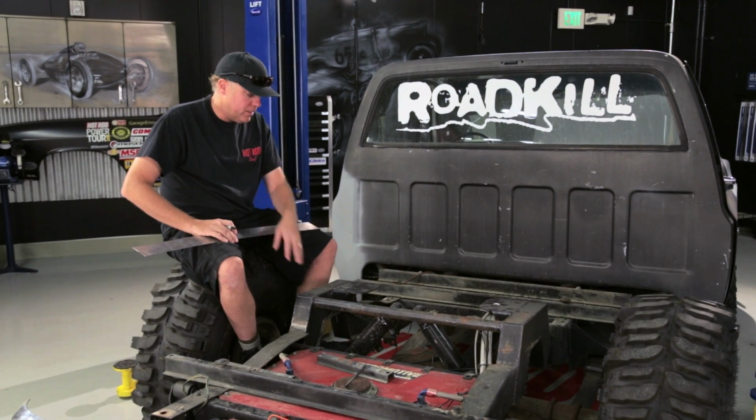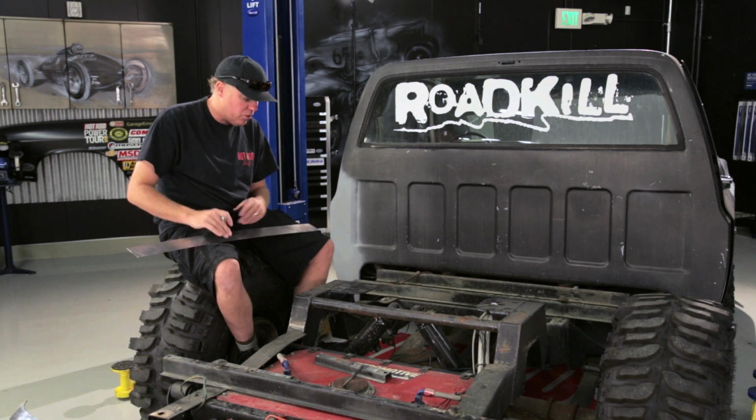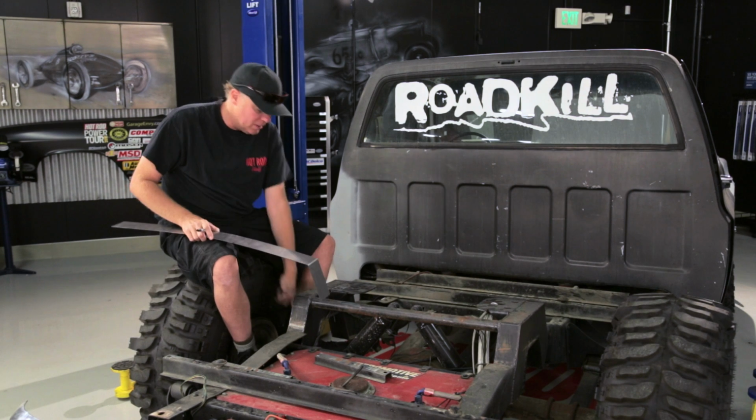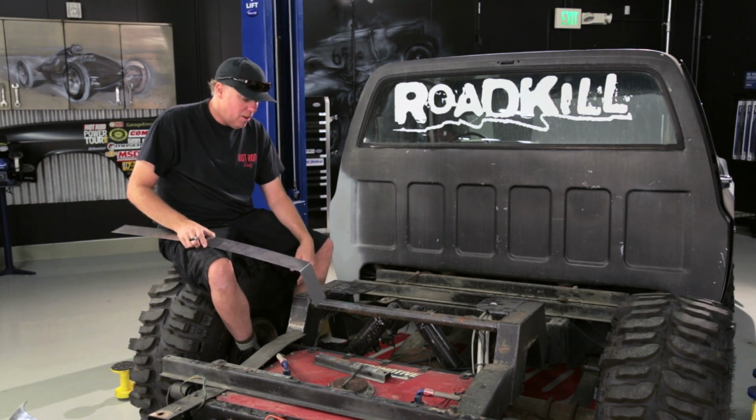With the bed off this deal, you can see my step notch that I put in a few years ago. This is basically a section of the frame that you kick up to give more clearance to the rear axle for a truck that's extremely lowered. This thing is not that extremely lowered, and right now I've got that much up travel, so I really don't need this deal. But it's a pain in the neck to get rid of it, and so we're gonna make